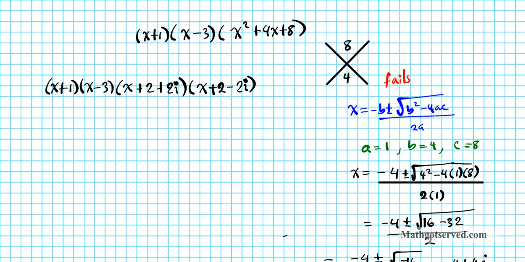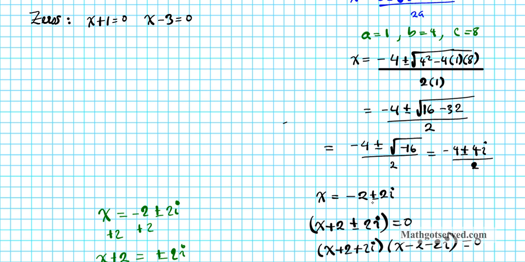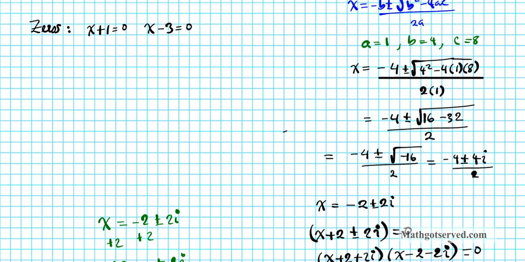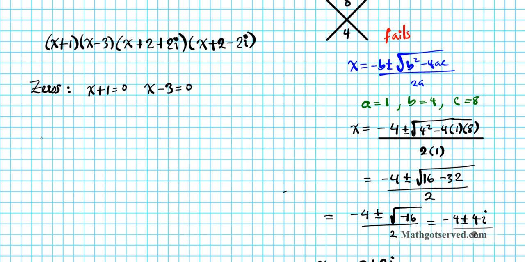So we're going to now state the zeros. So what are the zeros? To state the zeros, you're going to set each factor to 0 and solve, right? So x plus 1 equals 0, x minus 3 equals 0. These two, we've already solved them for what they are. It's negative 2 plus or minus 2i, so we don't have to bother solving them again, okay? So your zeros are going to be,